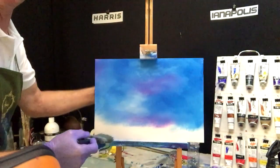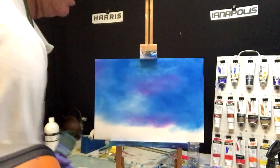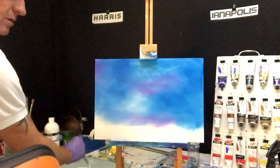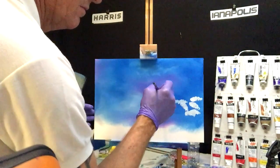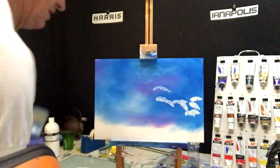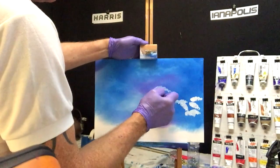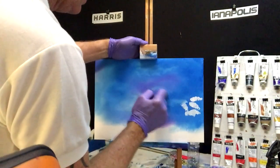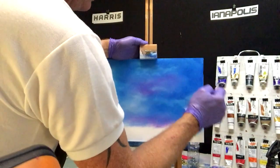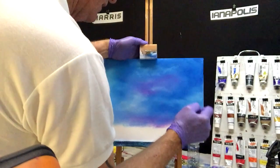I hope you can see that. And we'll put a bit over here as well. Just like that. And blend that in. Now if you want to give it some dimension like I've shown in previous videos, once you've blended this, I'll just show you on this corner here. Once you've blended that mist in,